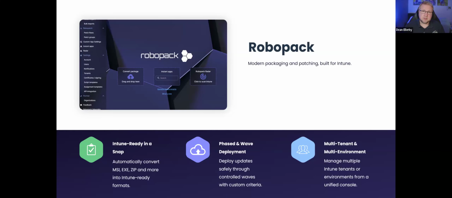When Intune came along, they saw an opportunity to solve the Intune app patching problem because Intune is great at app packaging. If you have an Intune tenant and you need to package an app, you can do it and it's fine and you'll enjoy it once and then do it again and you'll start to realize that you never want to do this again. And so the